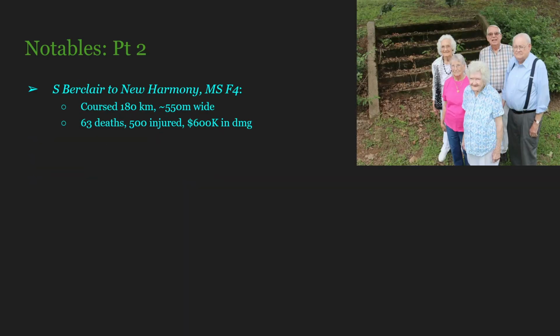Moving down to Mississippi, this F4 went from south of Berkeley to New Harmony, Mississippi. This tornado covered an even more impressive 180 kilometers and reached around 550 meters wide at its widest points. This tornado would cause 63 deaths, 500 injuries, and $600,000 worth of damage. This tornado would encounter 2 school buses. Actually, this was in the town of